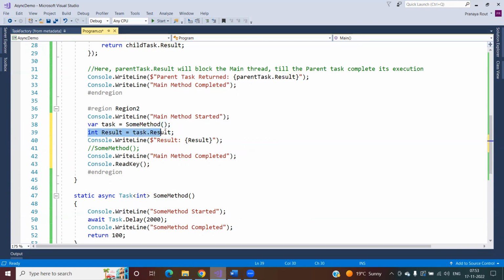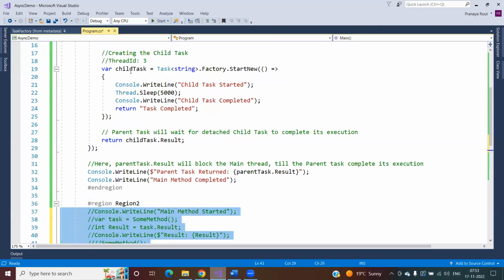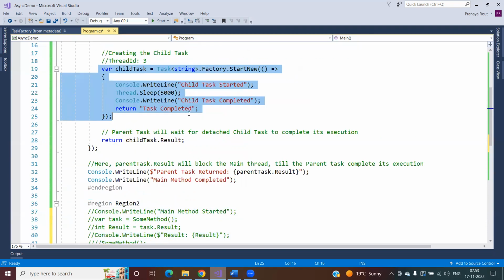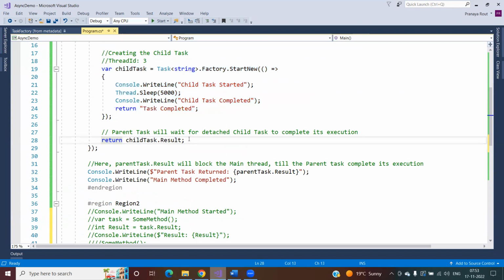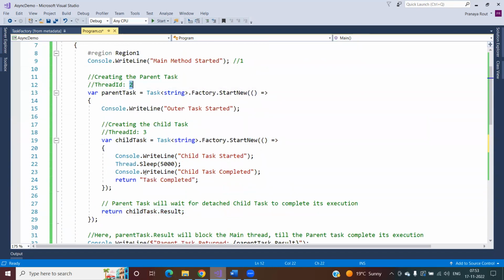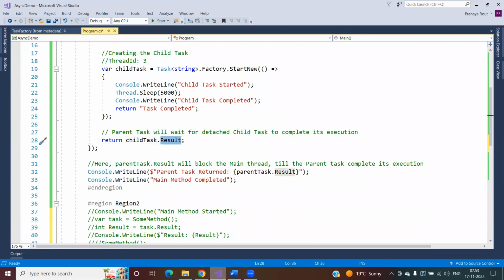So in this statement, it will wait till the result is available, and then execute the next code. The same thing is also happening here. Here you are creating the task, and this statement will block thread 2 until this child task completes its execution and this statement returns. Clear,